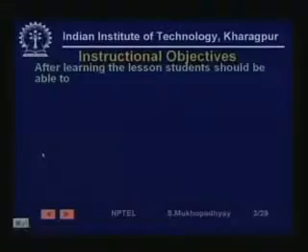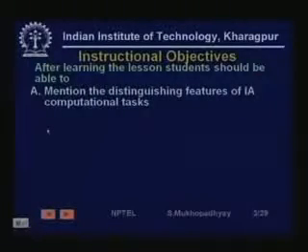Before we begin, it is customary to see the instructional objectives. First, after going through this lesson, one should be able to mention the distinguishing features of industrial automation computational tasks. A PLC basically is a computer, so it performs computational tasks related to industrial automation, but these tasks have certain very distinguishing features compared to other tasks which are, let us say, done in an office environment. So you should be able to mention some of these features,